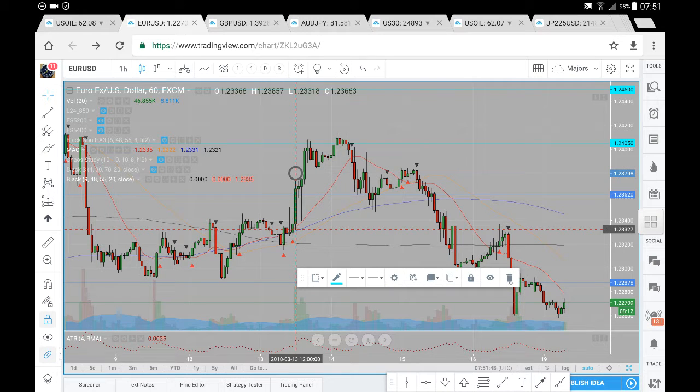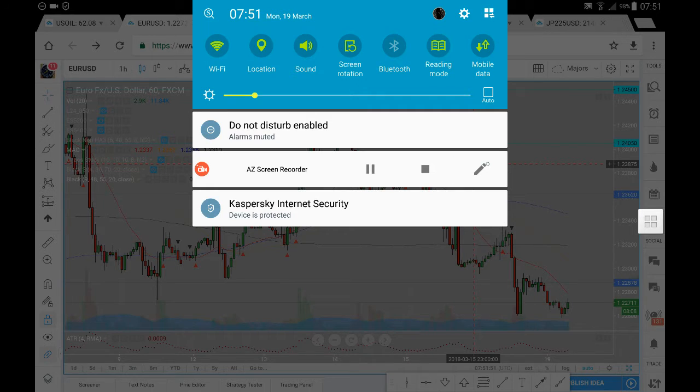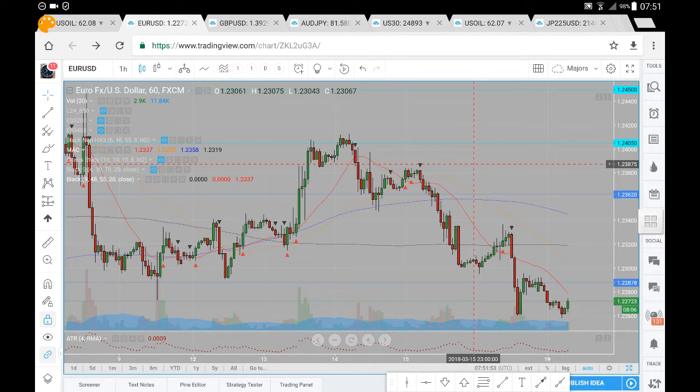So this is the euro dollar analysis for Monday the 19th of March. Now let's just have a look at different prices and where prices may likely go. So we had prices come up towards this 124, from which we did see sell side momentum take us down